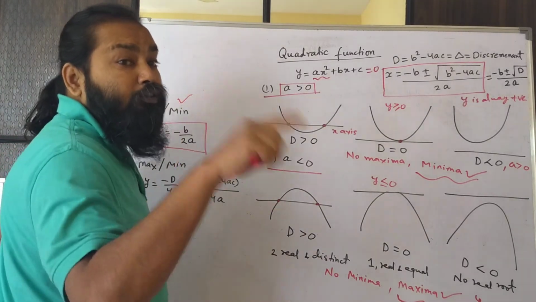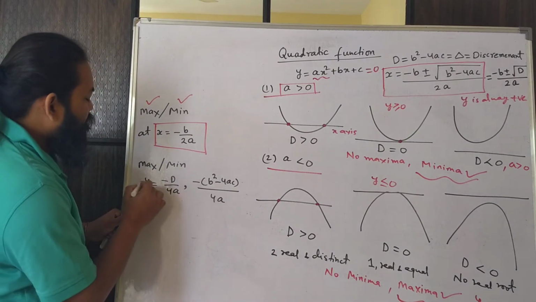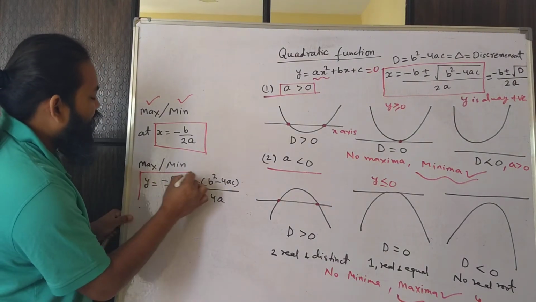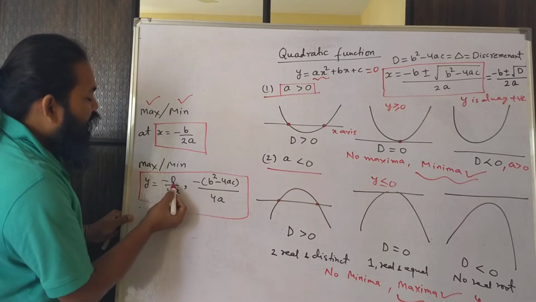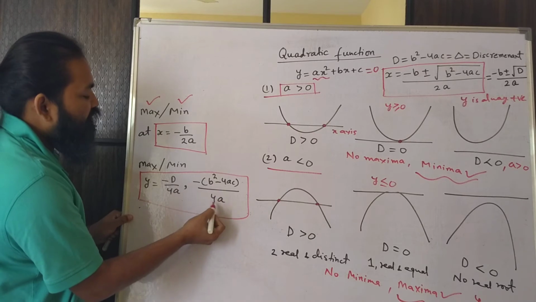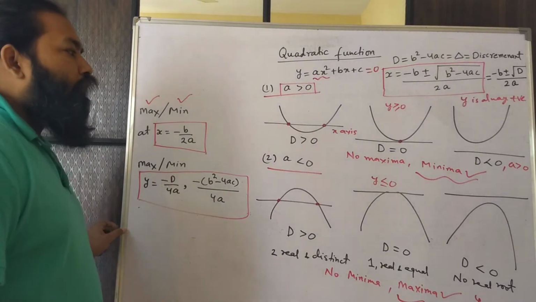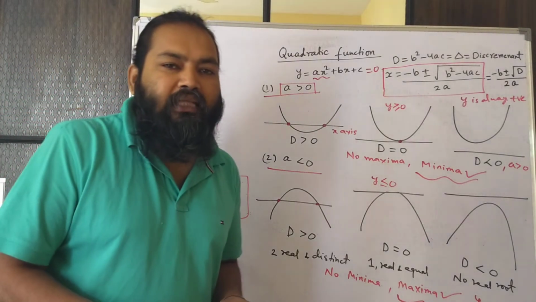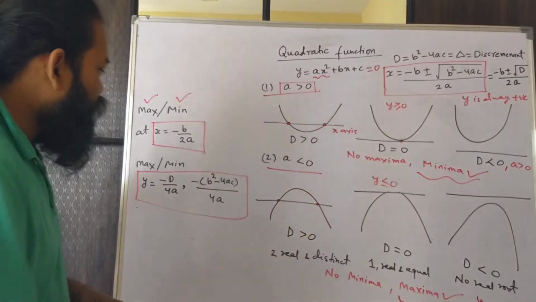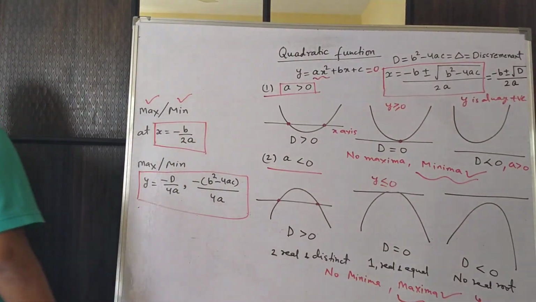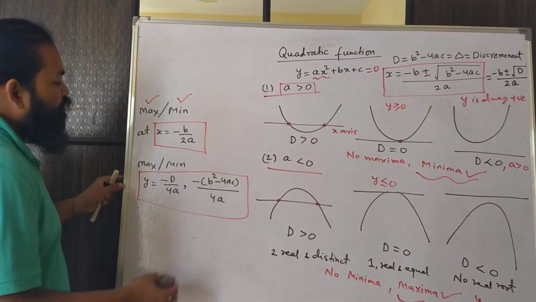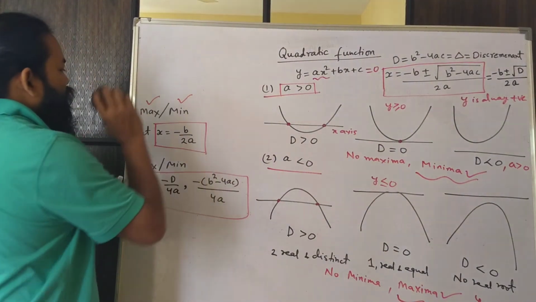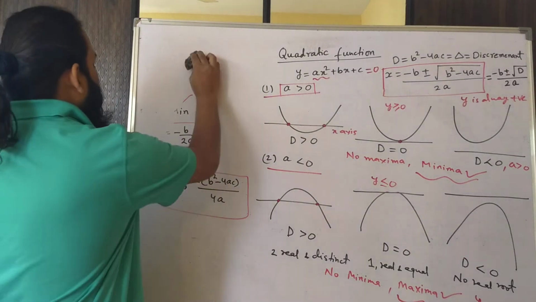But what is that value of y? That will be given by this. So y is equal to minus D by 4a, to make it easy to remember, and you can put the value of D also. So D will be b square minus 4ac, by 4a. Now I'll solve a question and explain to you how this can be done, right? So this is the important formula which you need to understand, and I'll tell you how this formula also comes. Okay, so not a big problem. Fine. So I'm erasing this for now.